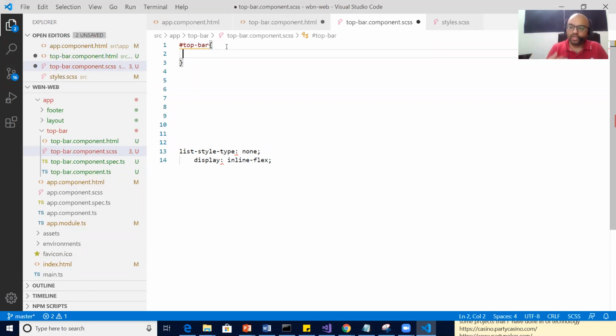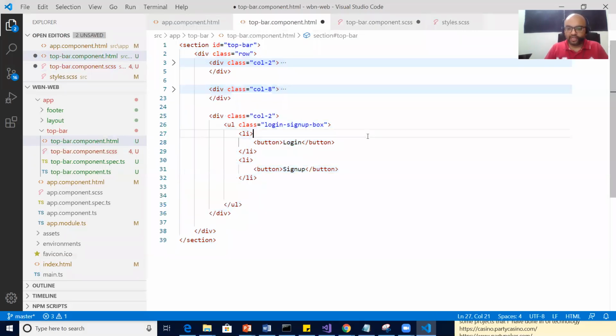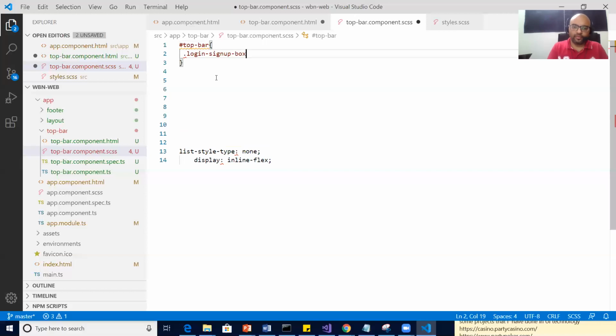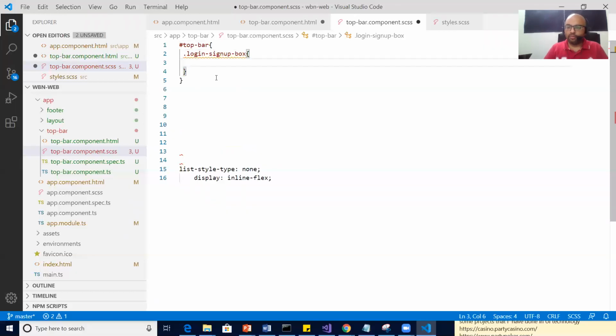This is called component styling. In my component, I'm saying you will find a class called this login sign up box, right? This one class, login sign up box. Now the biggest benefit of this one is, whatever style I put for this class, the styles will be there for this top bar only.